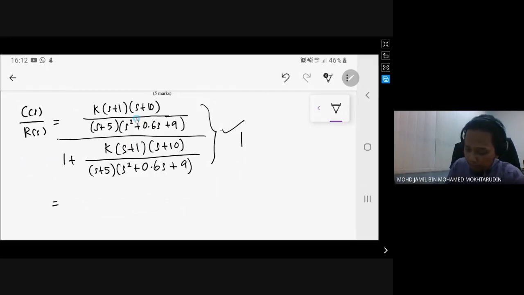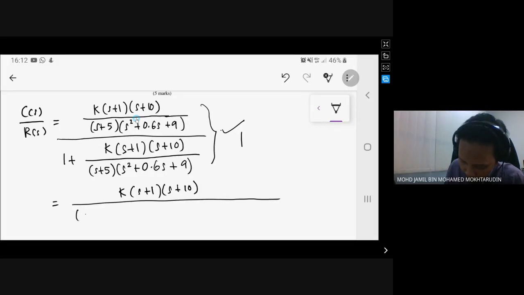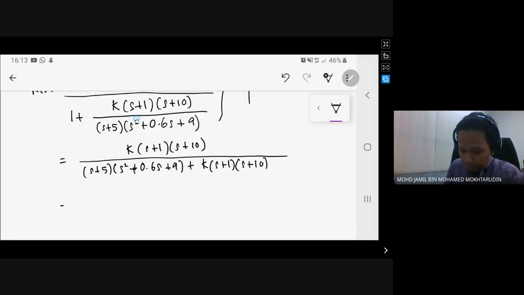So here the final transfer function will be, and then you further simplify. Oh, I don't remember the answer. So you will get